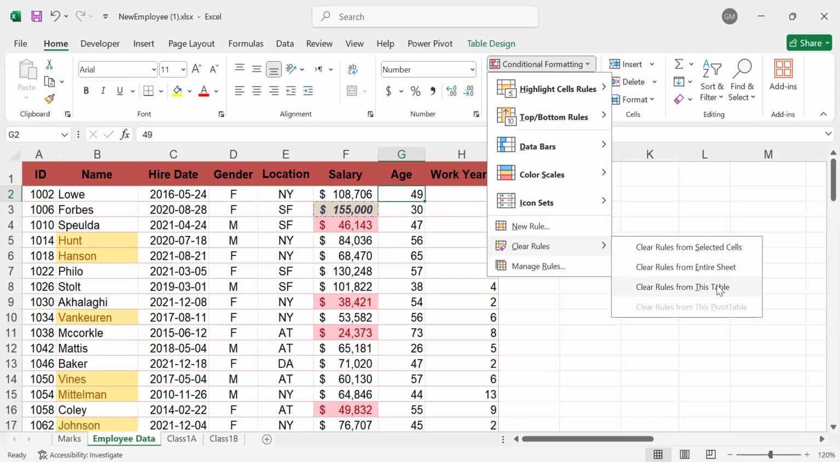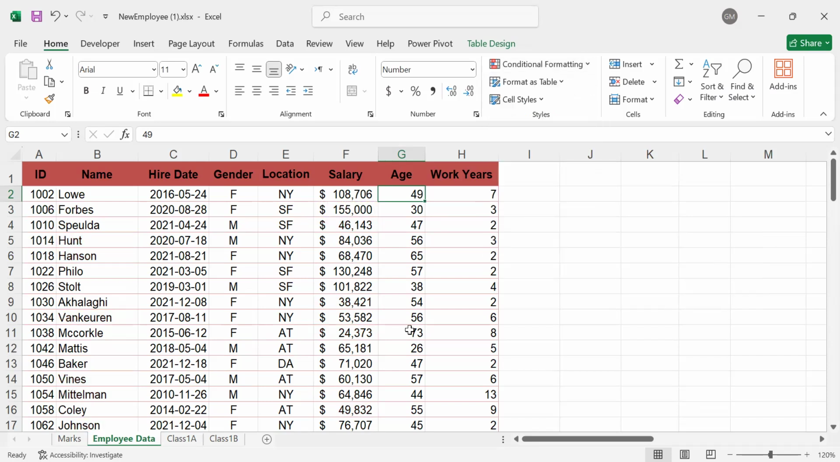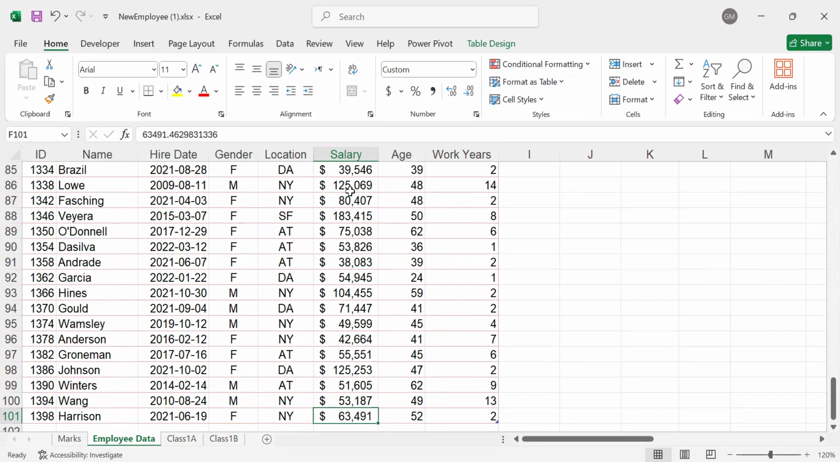What is the difference between this table and entire sheet? This table means the table that my cursor is inside now, the current table. But in the entire sheet, even if you have more than one table in the sheet, every rule in these multiple tables will be removed. So I will clear rules from entire sheet. Let me select again